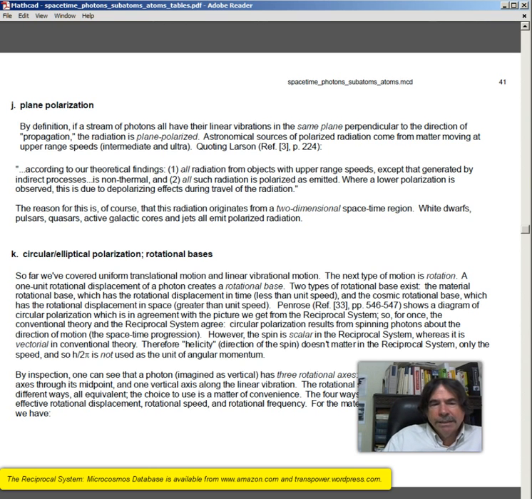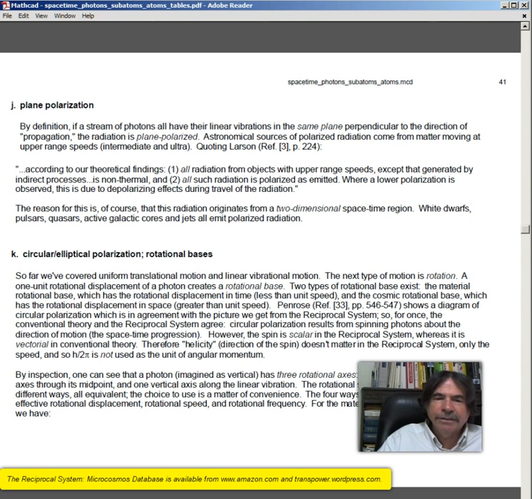By inspection, one can see that a photon, imagined as vertical, has three rotational axes, two horizontal, perpendicular axes through its midpoint, and one vertical axis along the linear vibration. The rotational spin can be represented in four different ways, all equivalent. The choice to use is a matter of convenience. The four ways are rotational displacement, effective rotational displacement, rotational speed, and rotational frequency. For the material and cosmic rotational bases, we have